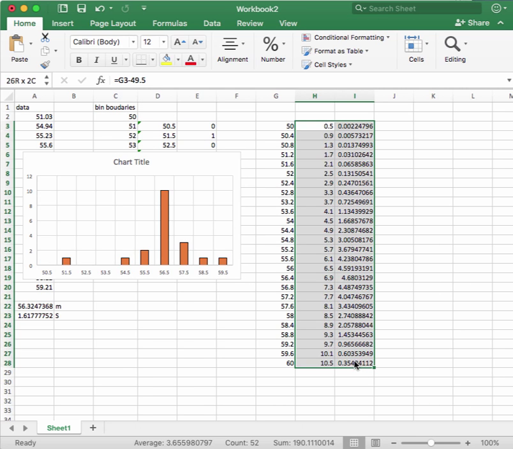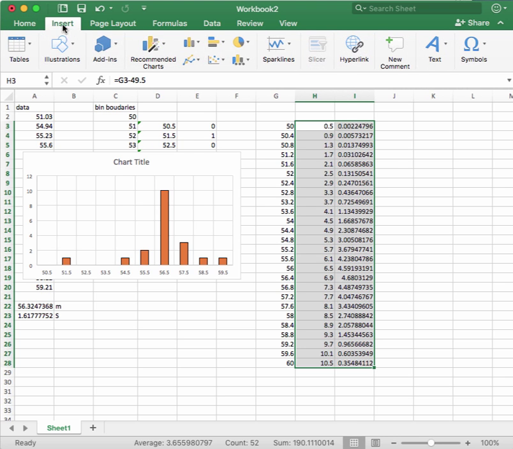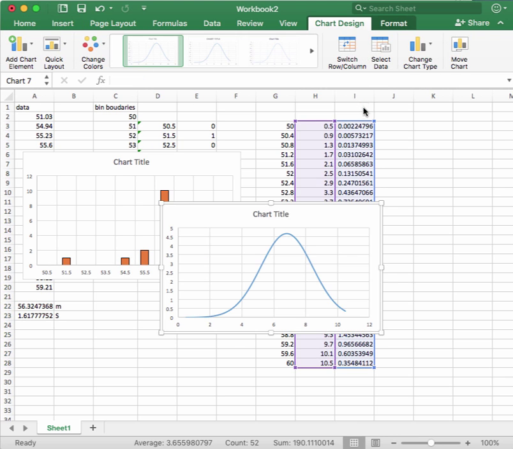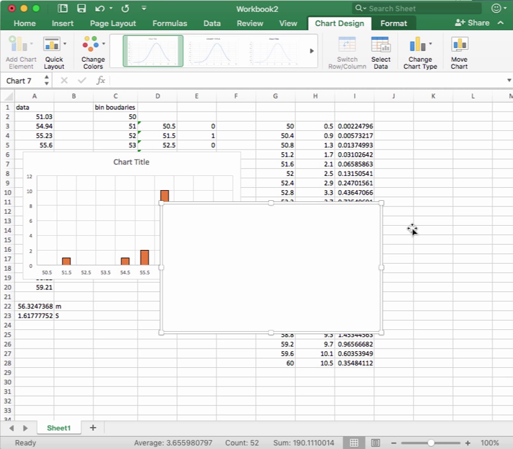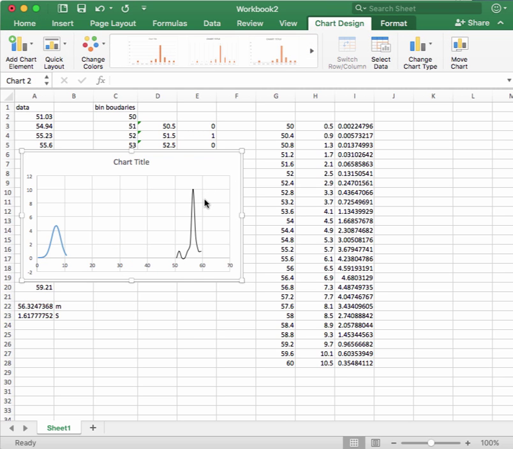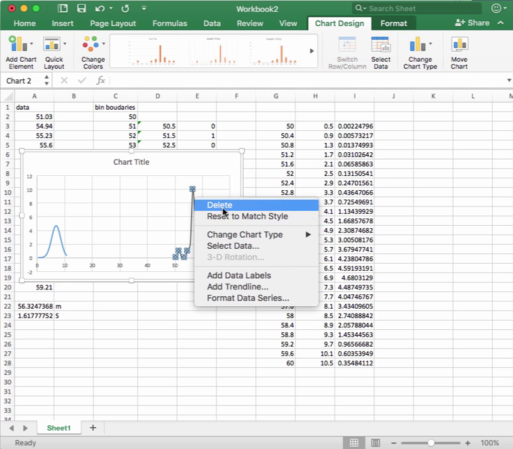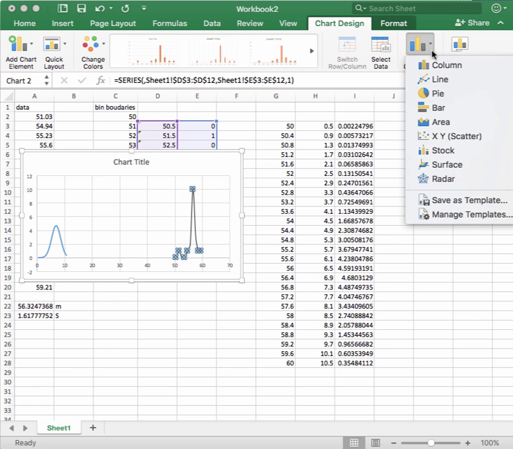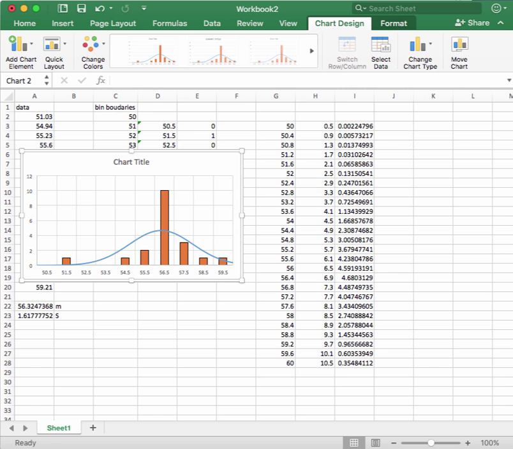Now I'm going to come here, insert the plot, copy this, get rid of that chart, and paste it here. Okay. And then again, this needs to be the column chart, so I'm going to say change this back to a column. And there you go. There's the probability